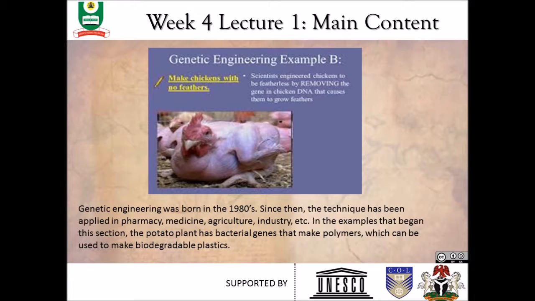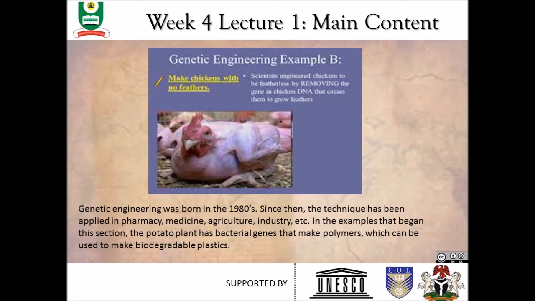biodegradable plastics. In other words, there are some bacteria that are difficult to grow, but they make small amounts of polymers, which can be used to make plastics. The polymer genes were obtained from that bacteria and put into another bacteria that grows fast, while the second bacteria, called E. coli, started producing polymers. However, polymer production is still low. Scientists are working hard to see how to increase the quantity of polymer production.